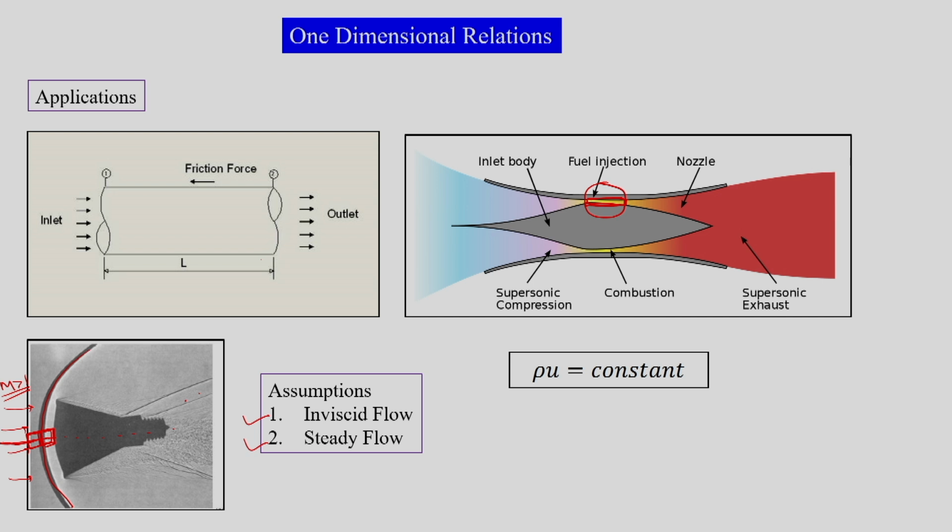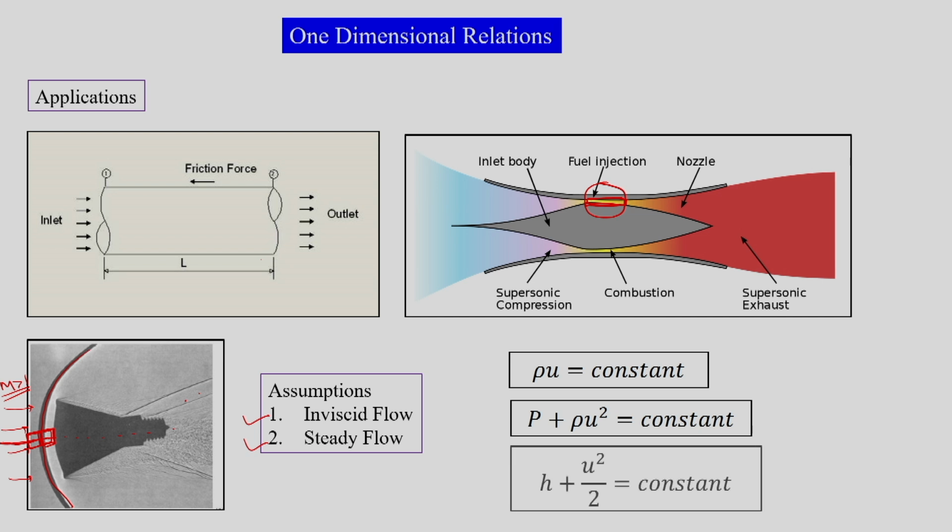In general these are the assumptions involved in deriving one dimensional inviscid flow relations with steady state, particularly these three: the mass conservation equation, the momentum conservation equation, and the energy conservation equation. These three relations do not get directly applied to these three applications, but with some specific extra terms they can be applied to these situations. Hence there are certain specific applications in which approximated one dimensional flow can be helpful to predict the flow properties.